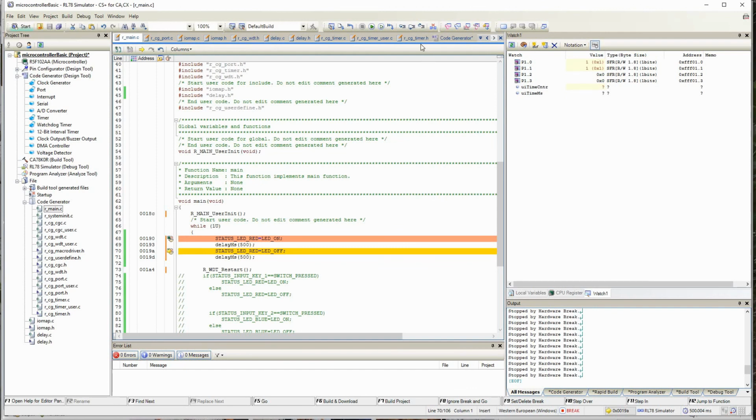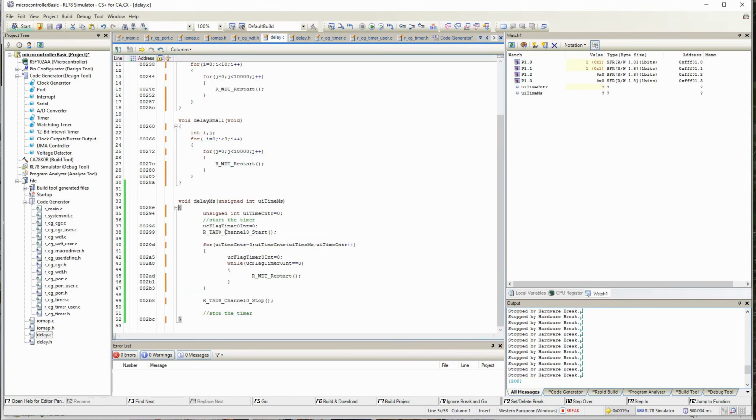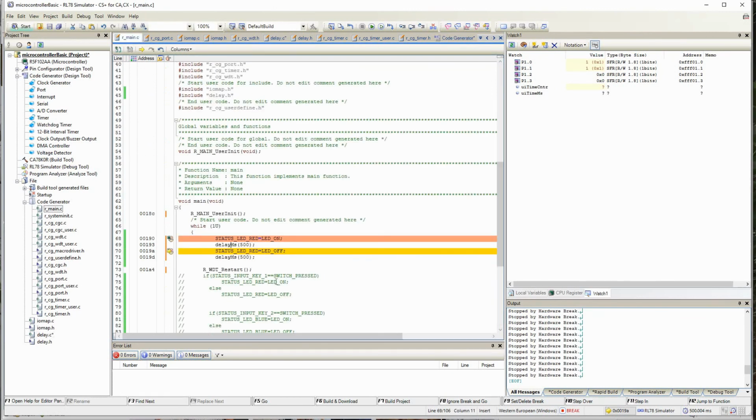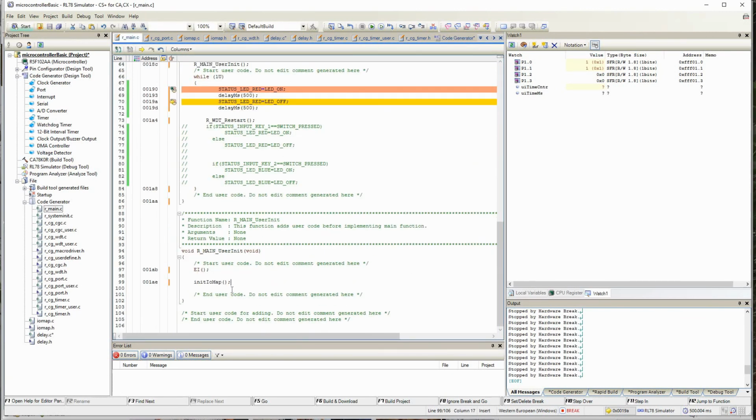So what I'm doing now is, every time I want the delay, I'm starting and stopping. But let's assume that there are a lot of functions which need a timer option. Then it is always better to have a free running timer in the code. So let me delete this, cut that and paste it in my main function, where I've done the IO map. I'll start the timer. So now basically my timer is always running.